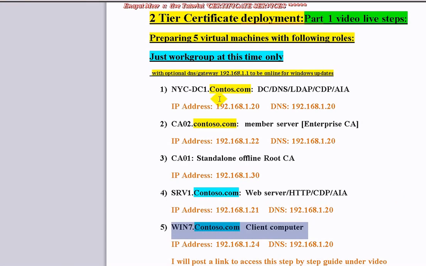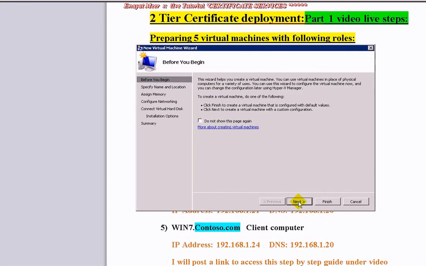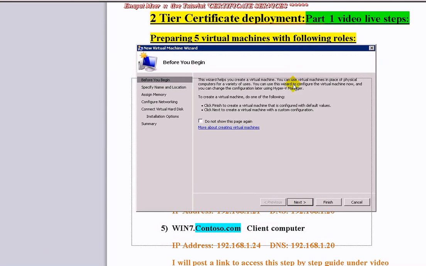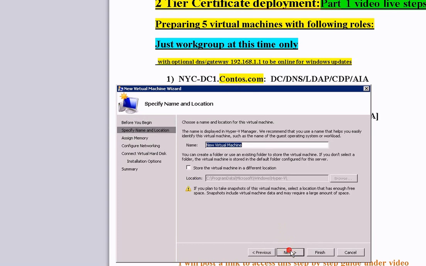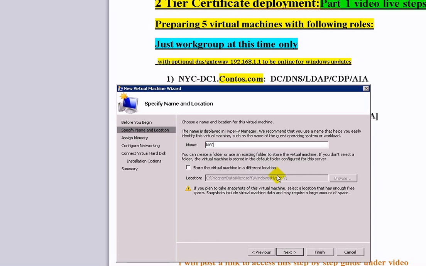On the top you will see NYC-DC1. Currently this will be just a workgroup, so I am going to start adding my virtual machine. I am using a Windows Server 2008 R2 physical server with about 56 gigabytes of memory, and I am going to add NYC-DC1 as the first virtual server on Hyper-V, and I am going to give it a name, NYC-DC1. It is not a domain yet, so I will promote this as a domain controller in my second video,